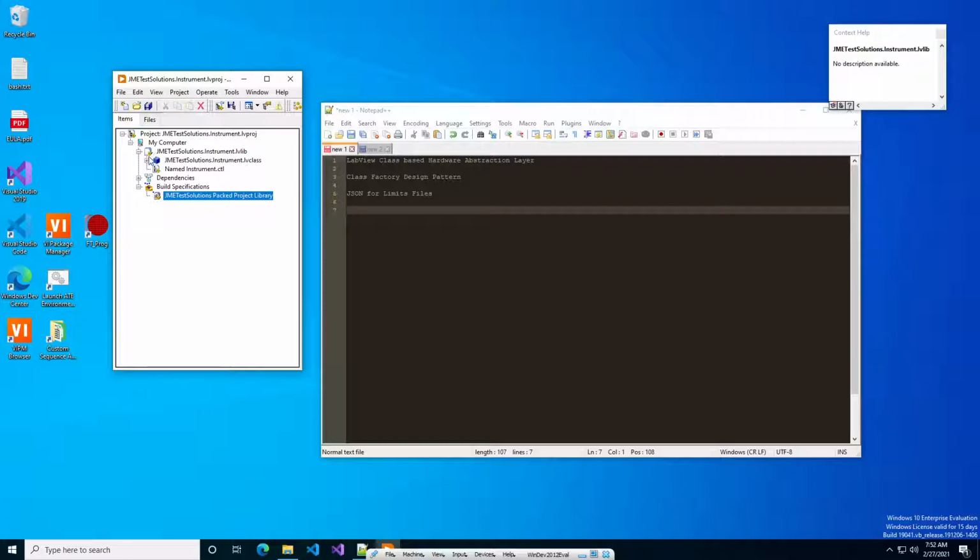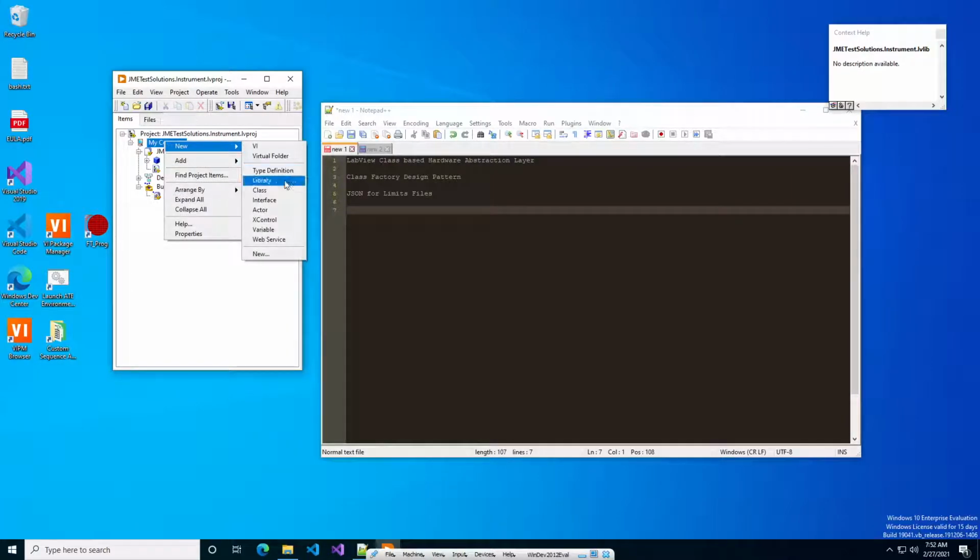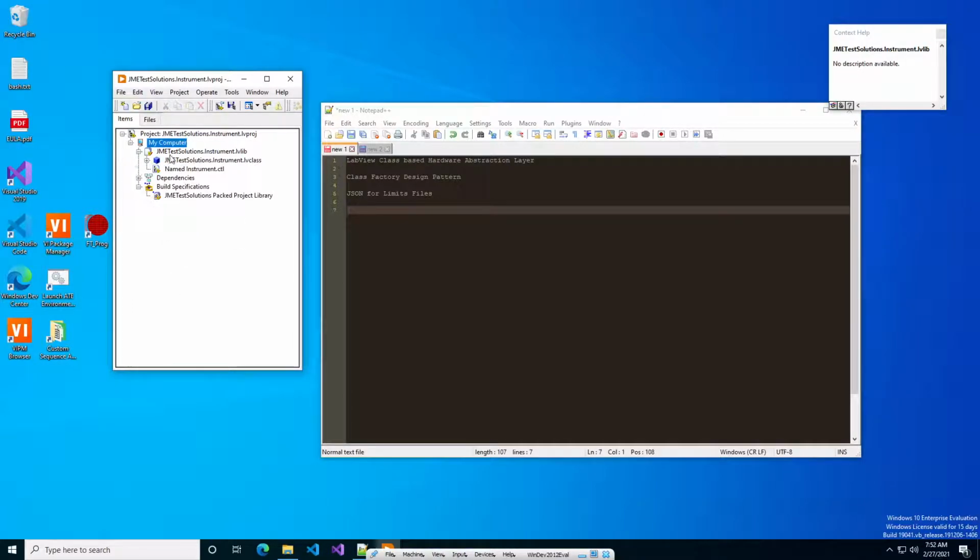So if you're not familiar with how to make a class in a PPL, it's pretty easy. You still have to have a root library. So this is just a LabVIEW library. You just do new LabVIEW library. And then in the library, we have one class. In this case, it's